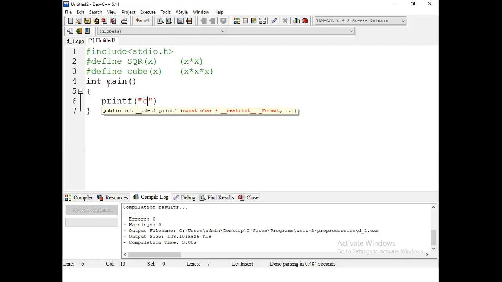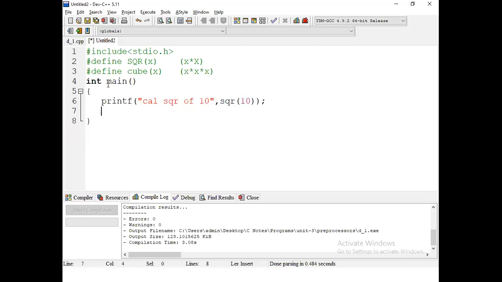Calculate the square of 10. SQR of 10. What will be the output? The output becomes 100.